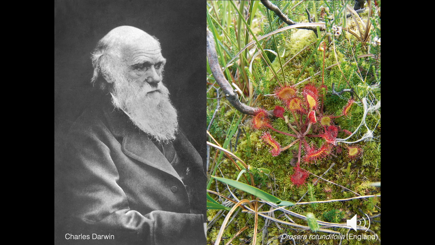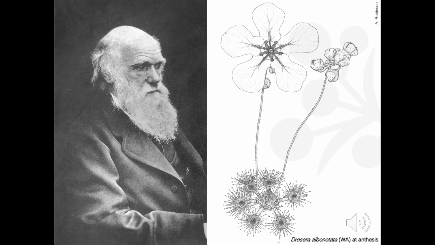He continues, "But I will not publish on Drosera till next year, for I am frightened and astounded at my results." Now, in an age where speaking an inconvenient truth could be interpreted as heresy in the eyes of a censorious church, his fears were well founded. In the end, Darwin didn't publish his paper in 1861 as planned.